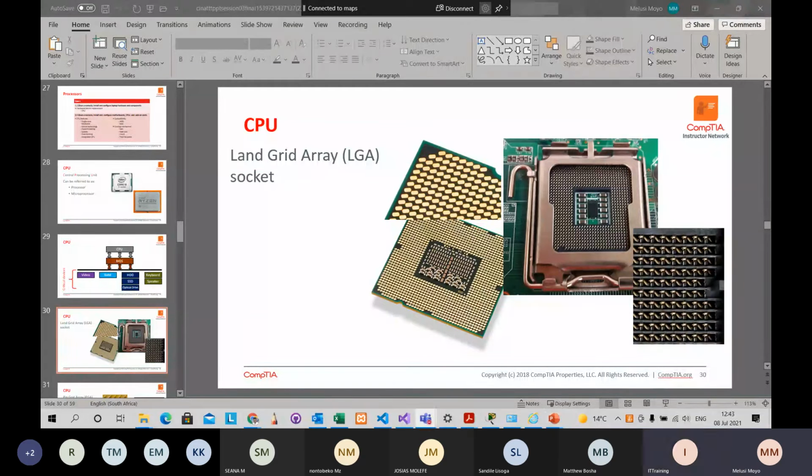Okay. All right. Thanks. So guys, we're looking at CPU. I think today we're gonna knock off at 1, right? Oh, it's almost 1. Shucks. Okay. So let's look at the CPUs, right? Land grid array. So we have different types of CPUs, right? When your CPU is called a land grid array, or when your motherboard is a land grid array, that means